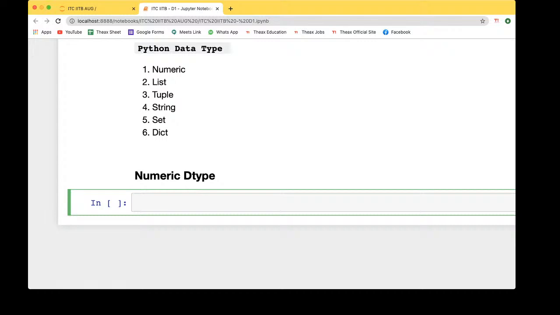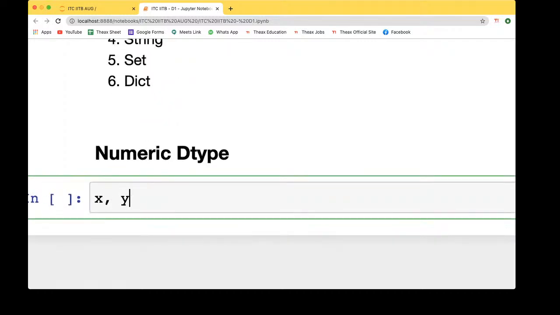Any number which does not have decimal or fractional values is an integer. So an integer will be like, let's say x equals 25, 34, or let's say we define many values at a time. Let's say x, y, z.